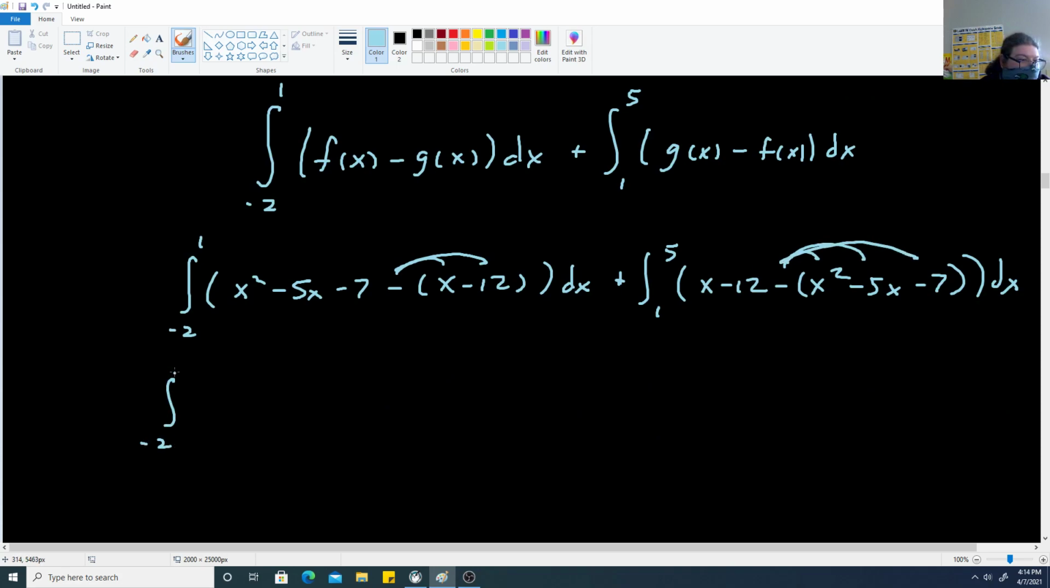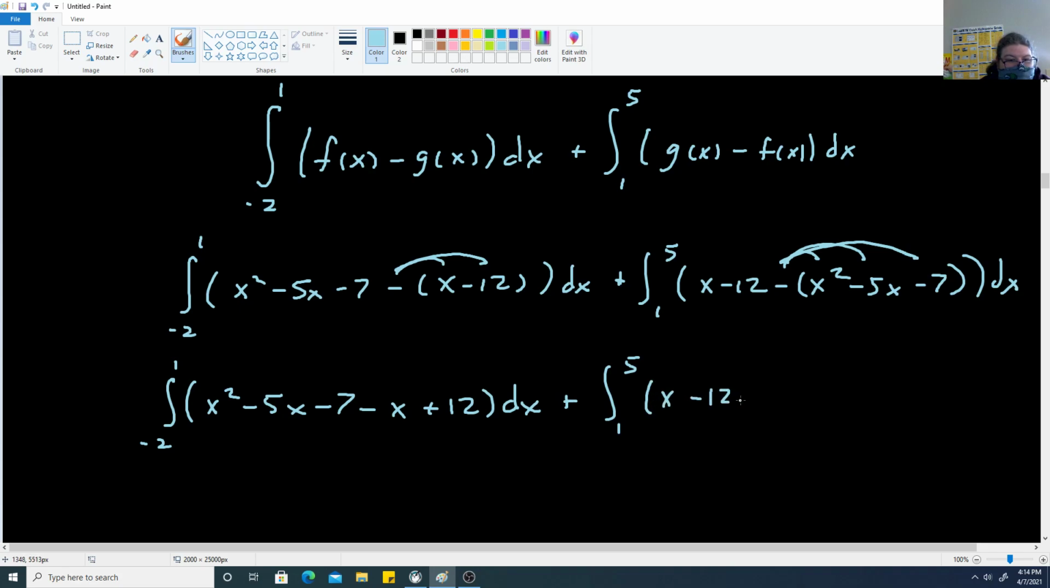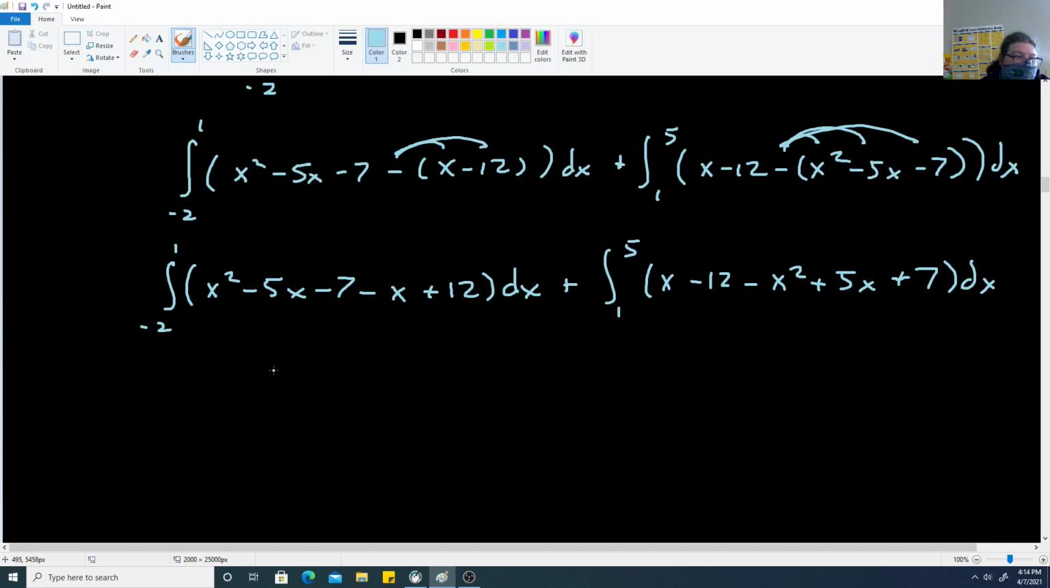So we get the integral from -2 up to 1 of x squared minus 5x minus 7 minus x plus 12 dx, plus the integral from 1 up to 5 of x minus 12 minus x squared plus 5x plus 7 dx. So I'm going to go through and combine like terms on both of these, then we'll take their antiderivatives and evaluate them. So we have x squared here